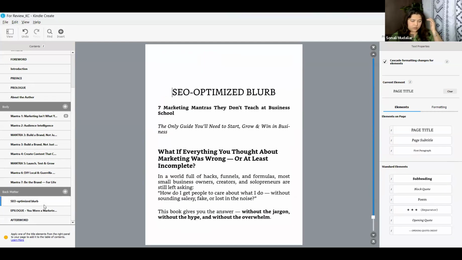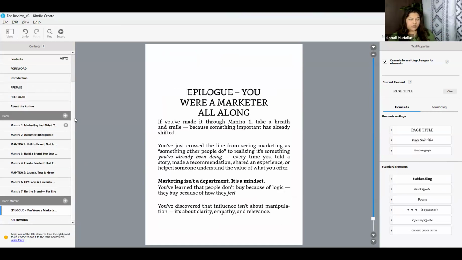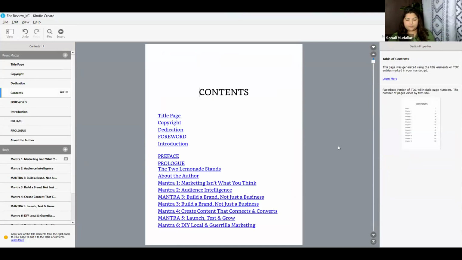Okay, so I'm deleting this blob as well. The blob comes for the back matter, but I'm deleting it. Now I'm taking you back to the table of contents. Is it correct?